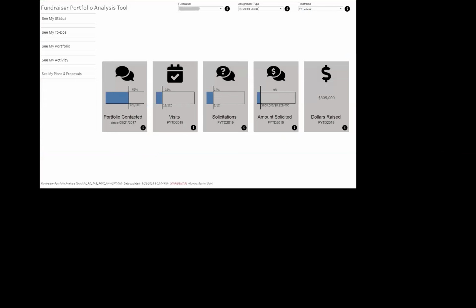So we're going to quickly look through some examples. This is our home tab, or what was once our home tab. There are five tiles in the middle. Three of them are bar charts, sort of a progress-to-goal type thing. And then at the top, there's a header. It's not set off by any sort of color, so it kind of blends in. And there are three filters. One of the filters, this fundraiser filter, applies to every tab in this dashboard. All of the other filters apply to most of the other tabs, but do not apply to this tab.